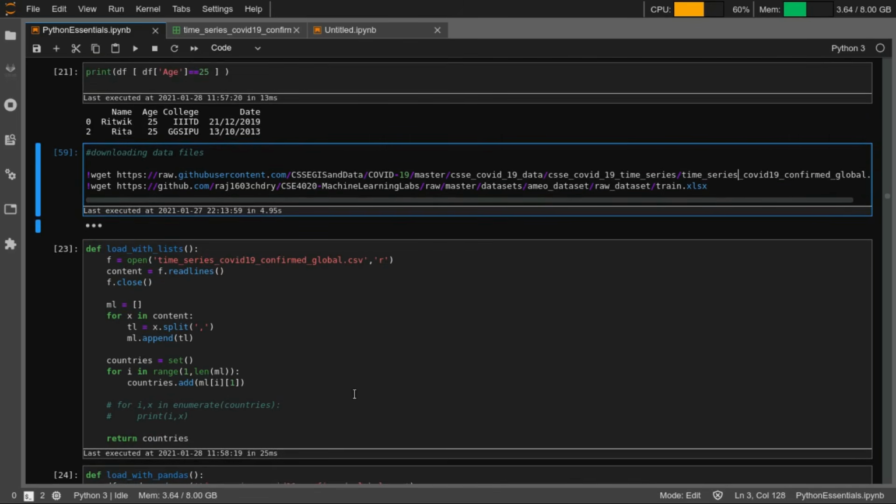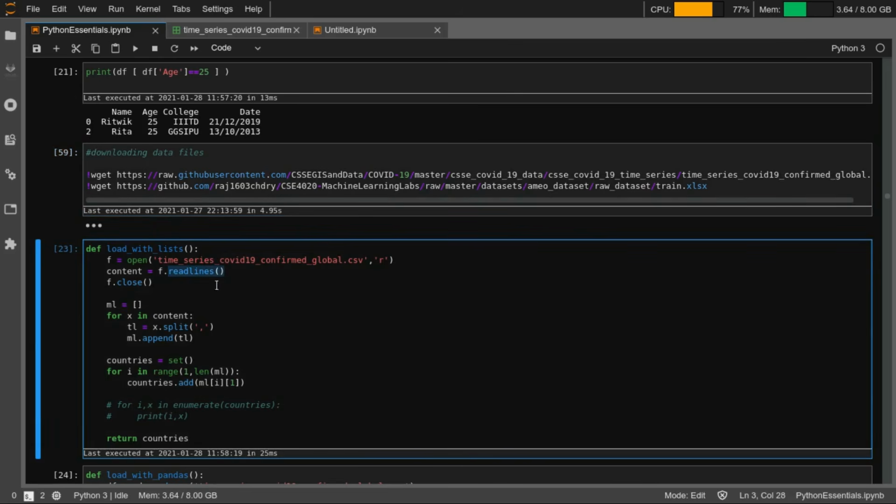If you were not to use pandas data frames, you can still read a CSV file. You can read all the lines, split them based upon the commas, and extract the columns out of it.